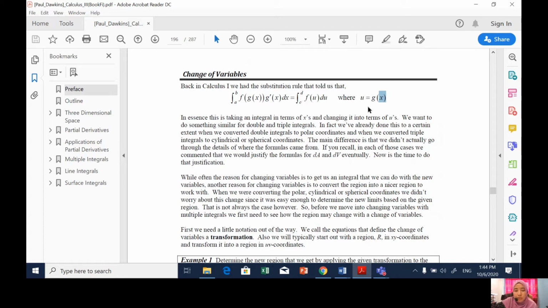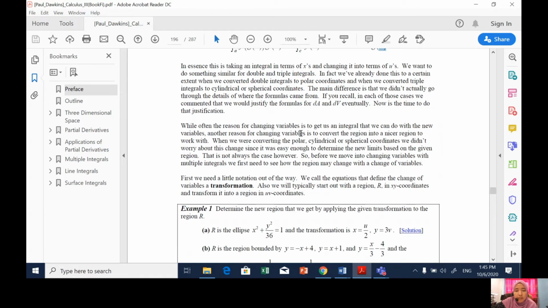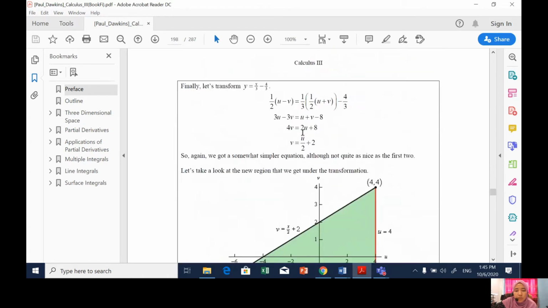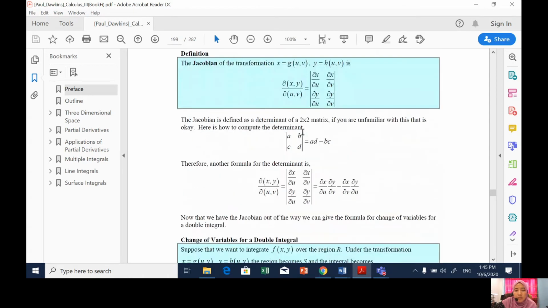Here we have one function that we change, but we may apply the same thing if we have two functions. For simplification, we may assume this as the coordinate system. You have learned the coordinate systems in polar, cylindrical, or spherical, so the change of variable can be represented by their coordinate system basically. We will go directly to the example, but before we start with the change of variable,